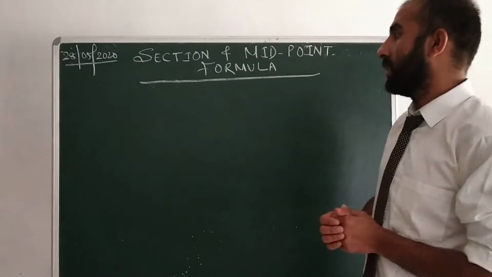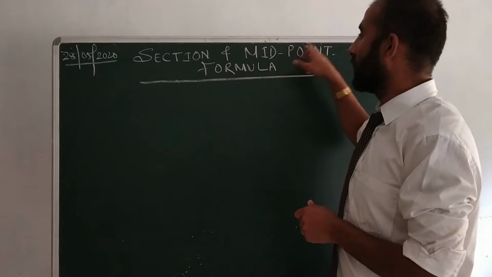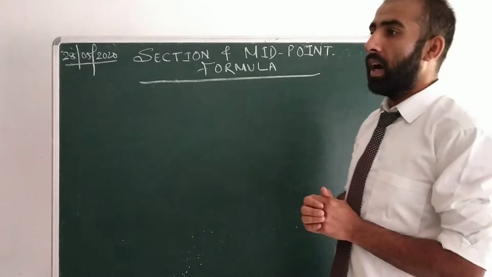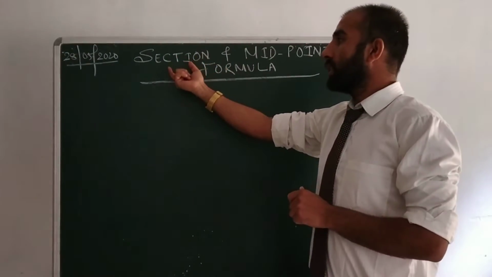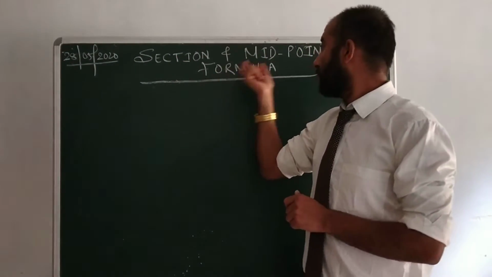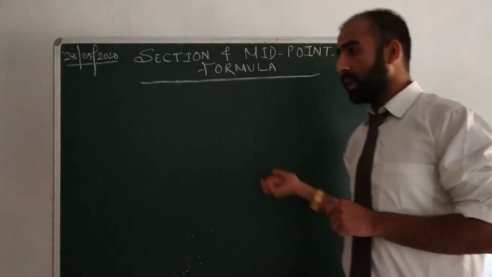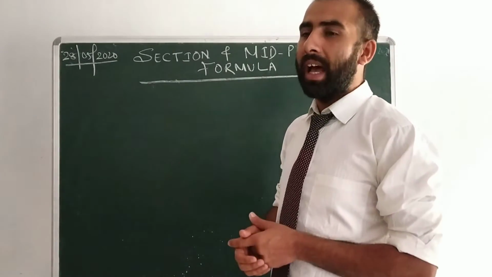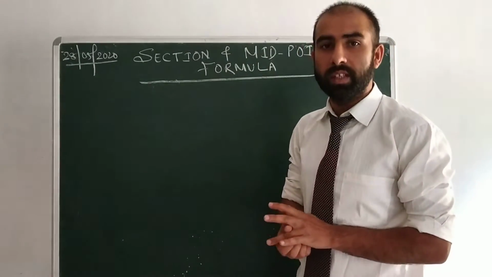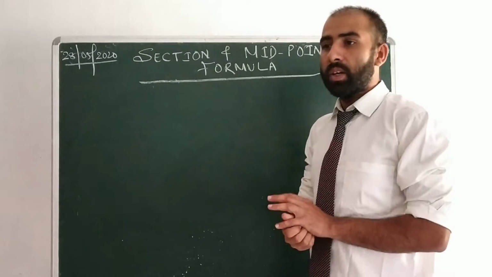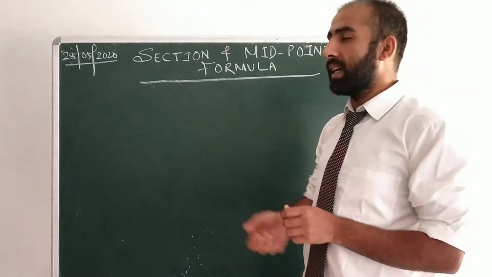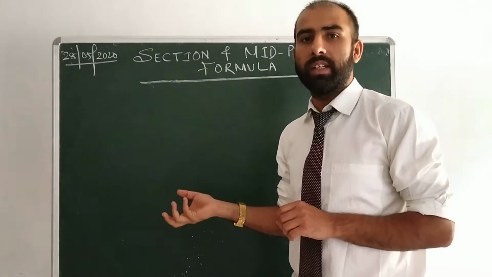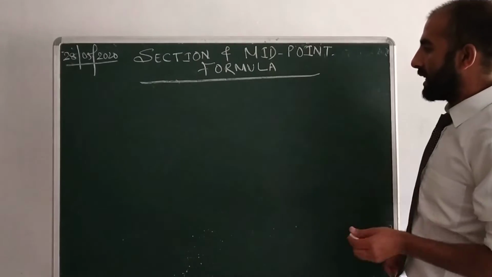Today I am here with my next chapter, section and midpoint formula. In this chapter, we are going to learn how to find the section coordinate and how to find the midpoint formula of the given 2 points. As we already completed the distance formula and learned the basic terms related to coordinate geometry in class 9, without wasting time, I will directly go to the formula and solve a few questions related to it. So let us understand it first.